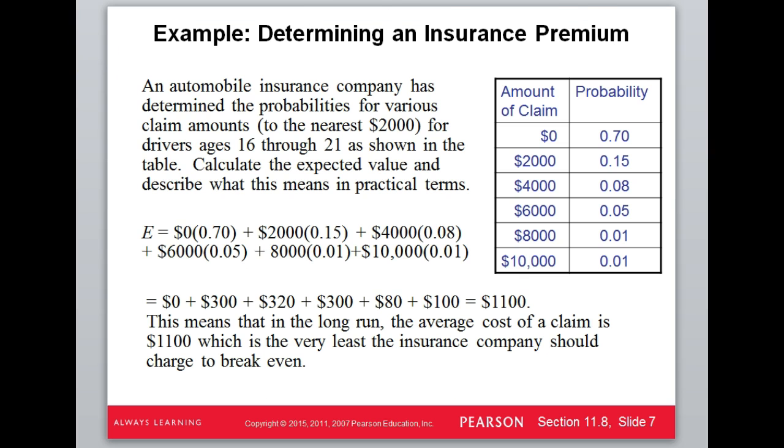All right, so let's look at one here where we actually have to do a number from a table. So we're going to take these claim amounts and the likelihood of getting these claim amounts. We're going to multiply these together, and then we're going to add them all up. So down here at the bottom, we've set it up. We've multiplied them all out. These are the values that we get when we multiply those out. You can verify for yourself. When we add those up, we get $1,100. So that's the average cost of a claim, and that's what these insurance companies have to charge